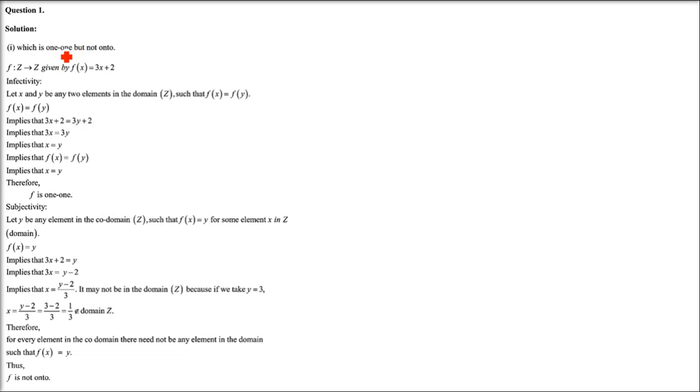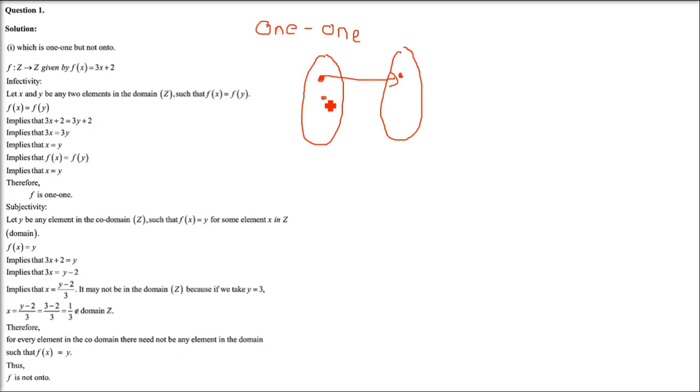So there are three parts here. Before we go ahead with the three parts, let me give a hint about one-one and onto. If you know it already, let's recall it. One-one means one is related to only one. That is, for every x, there will be only one y. For one x, there will be one y. If for one x there are two y, it will not be a function, it will only be a relation.